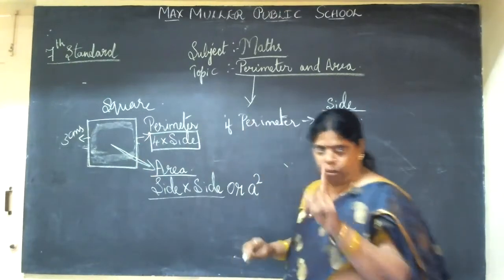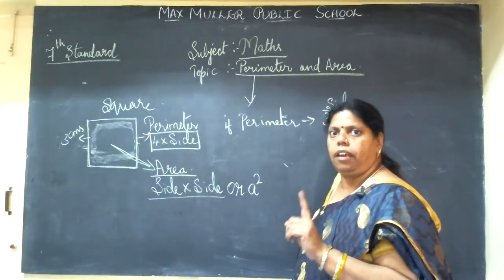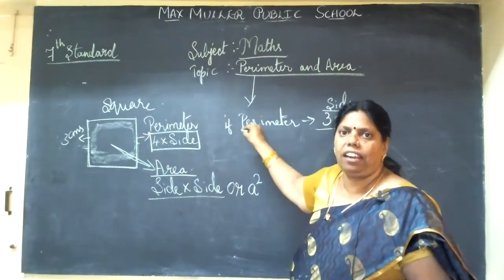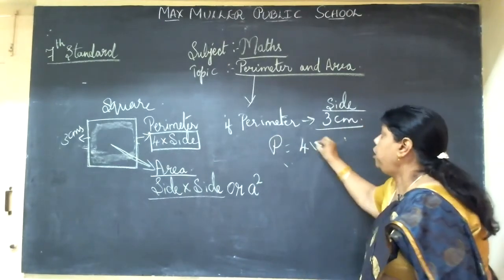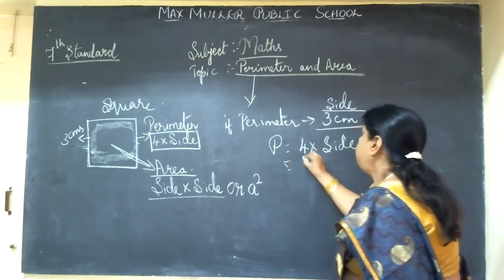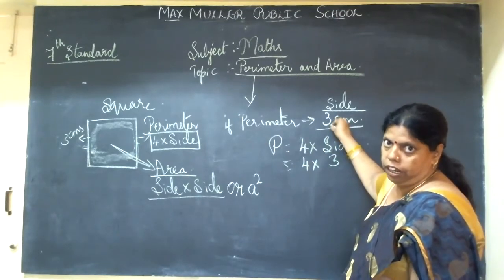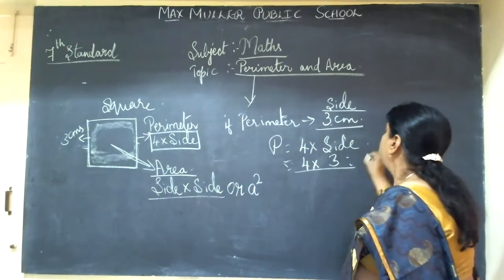One side is 3 centimeters. Got it? Calculate the perimeter. Perimeter is equal to 4 into side. That will be equal to 4 into 3, which is 12